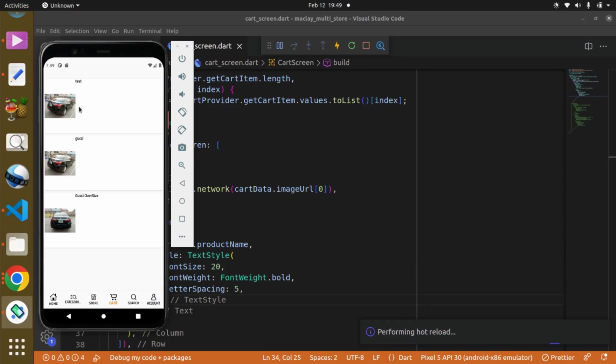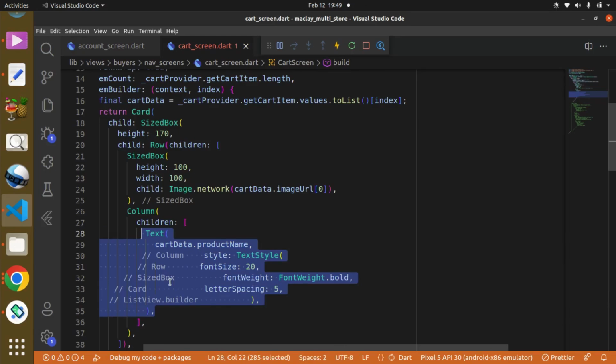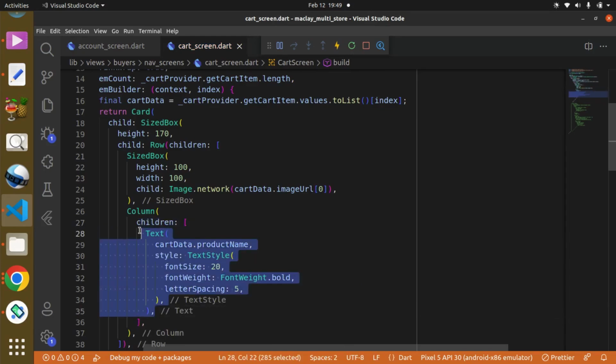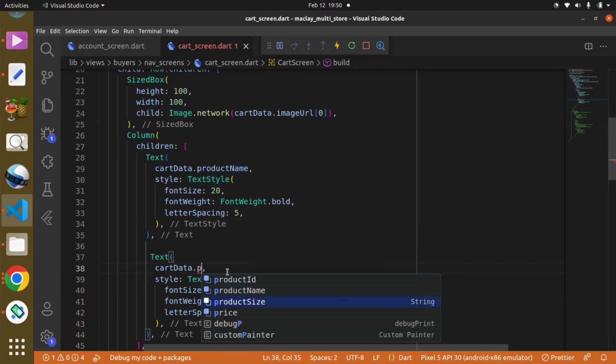Wait for this. Okay, great, we got that, and we can easily just copy this, sorry, not cut, but copy. Control C to copy and paste over here, and this is gonna be product price. We do not have the price. Why? What did we call this? Sorry, we called this